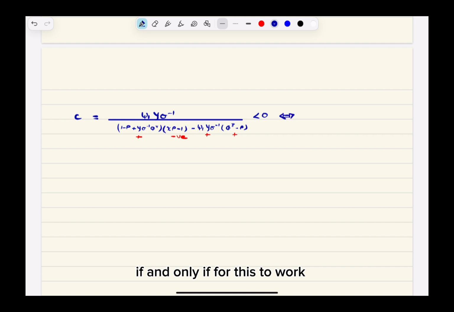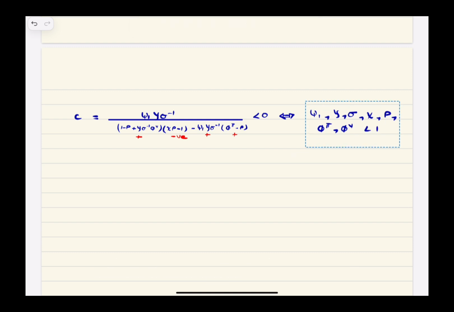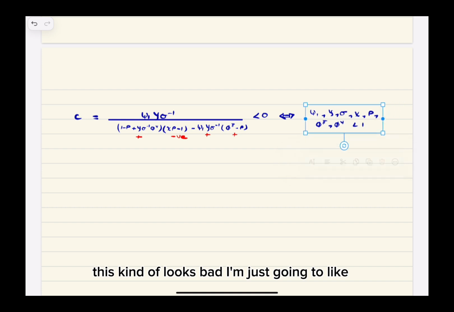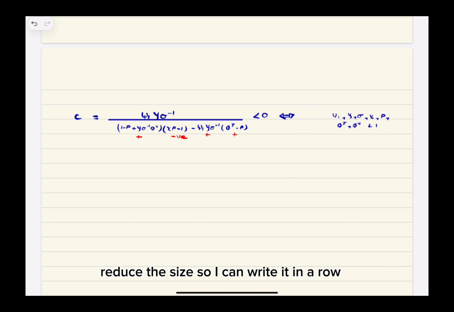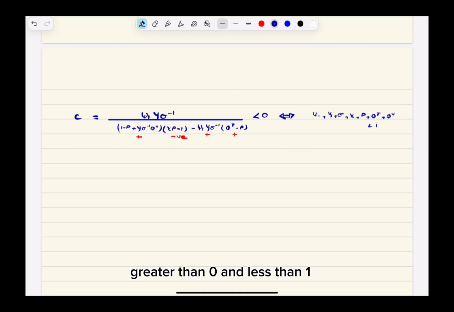For this to work, all these constants are, what else? Inflation, output, coefficient, all of them are less than 1 and greater than 0. This kind of looks bad. I'm just going to reduce the size so I can write it in a row. So all of these are greater than 0 and less than 1. Okay,